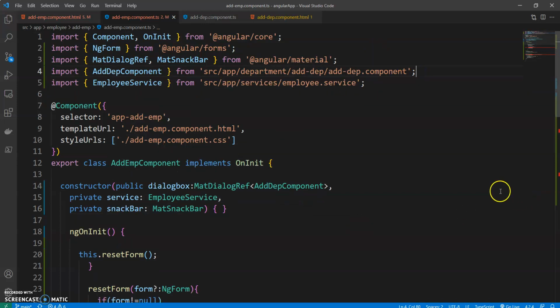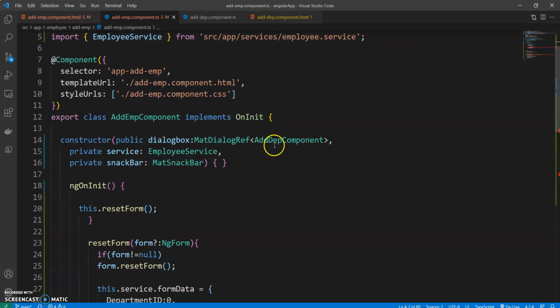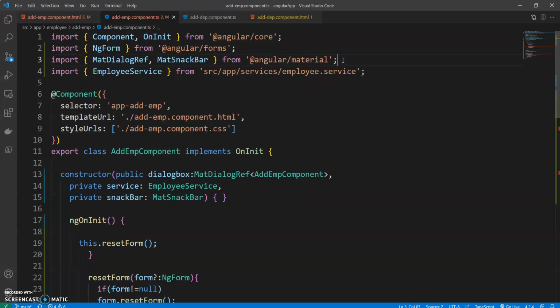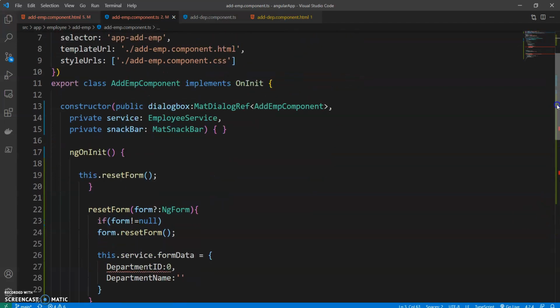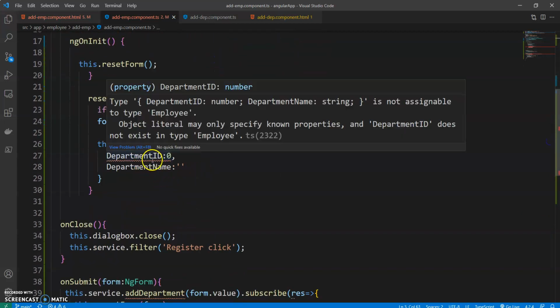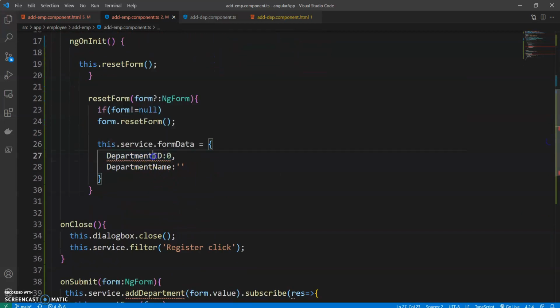Okay, and then if we just see here, we don't want add dep component, we want add emp component. Again, that is fine. We don't want add dep, so just select that unused directory and delete it. Yeah. So add emp component, mat snack, and here you see we don't want the department ID, we want the